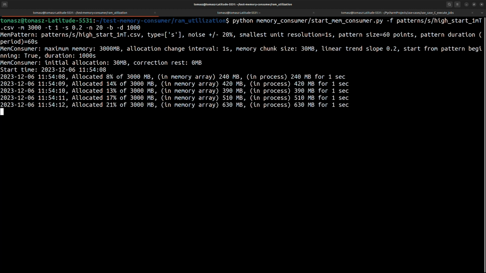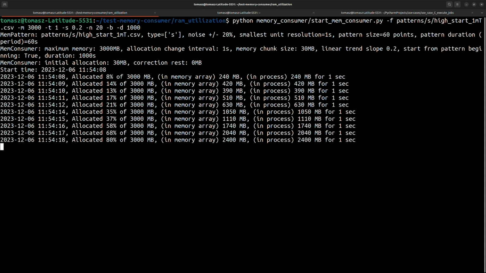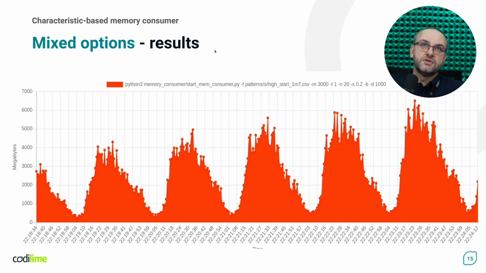And we could see that our process is working. After a few minutes of observation, we should receive the chart as here, where we could see that there is a slope and there is noise in the values. So in this way, we could model various conditions for the memory consumption.